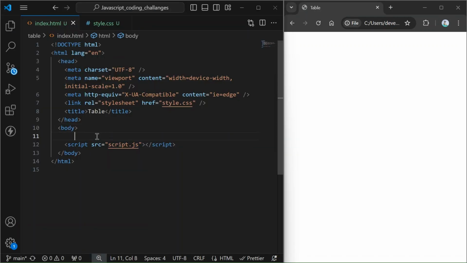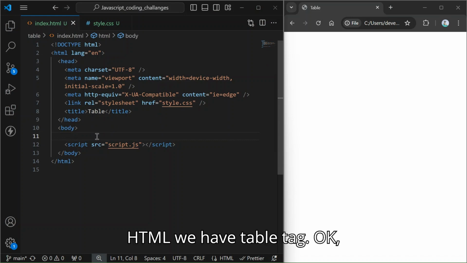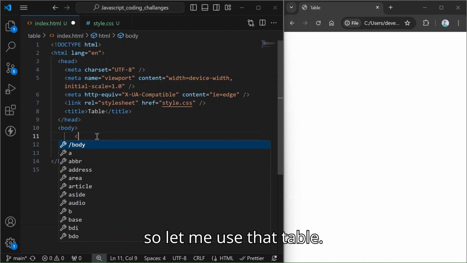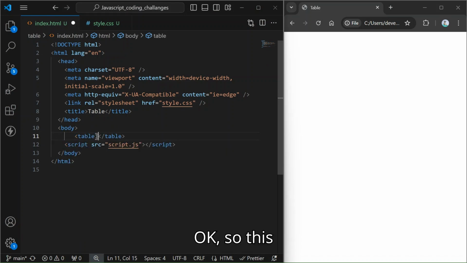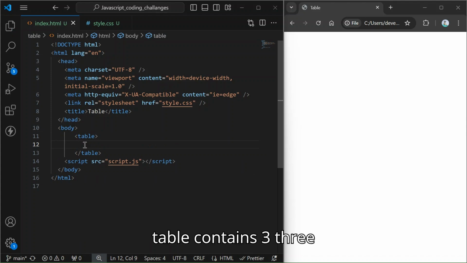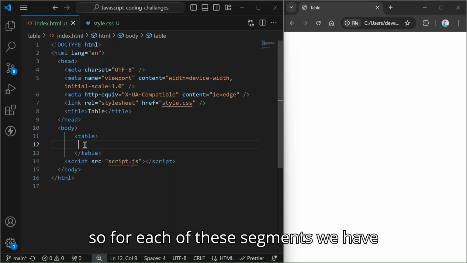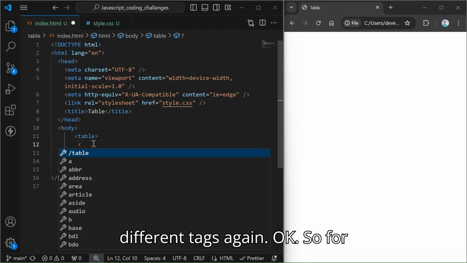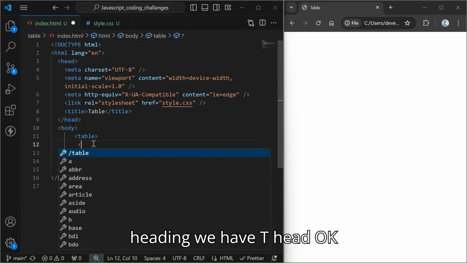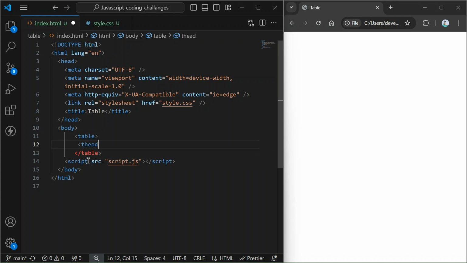HTML. To create a table in HTML, we have the table tag. So let me use that table. This table contains three parts. One is heading, one is body, third one is footer. For each of these segments, we have different tags again. For heading we have thead, which is heading,